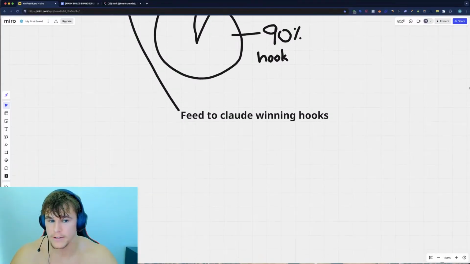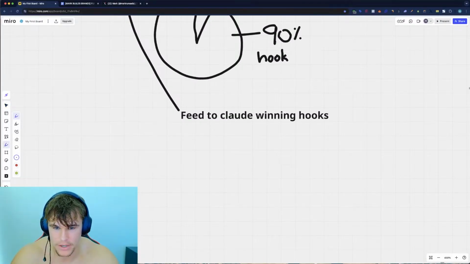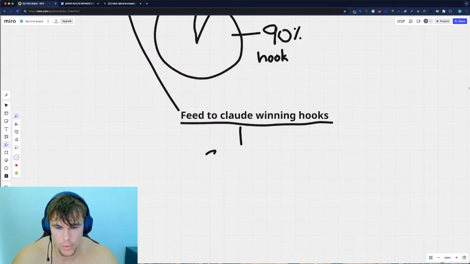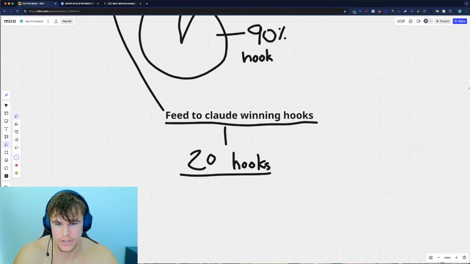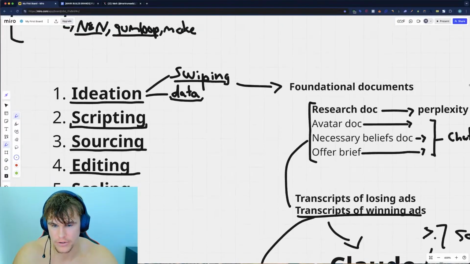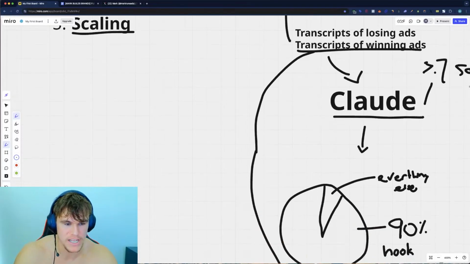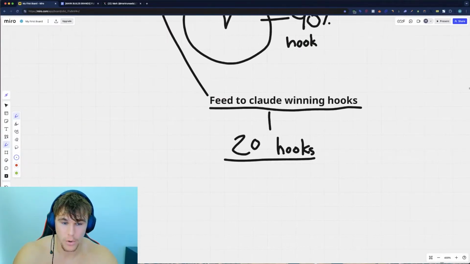That's where we're going. And so after you have this list, right? Let's say you have a list of 20 hooks right here, 20 hooks. Now you want to validate those hooks, right? So it's technically a little mini step in the scripting process, we'll just call it validation, because how cool would it be if you know if an ad is going to be successful before you even put any spend behind it? Pretty cool, right? Well, we're not that far away from that.